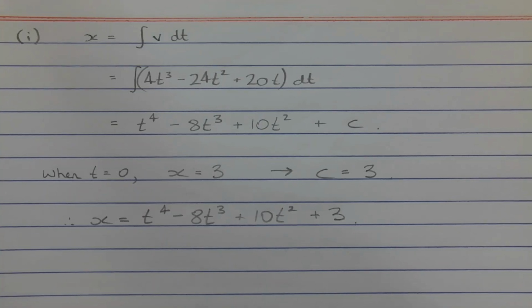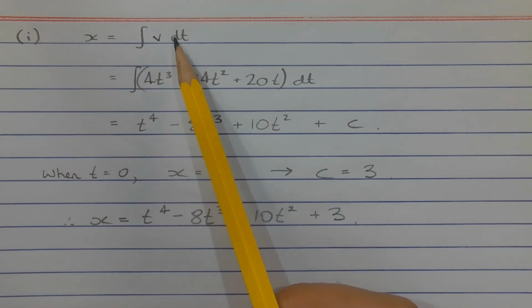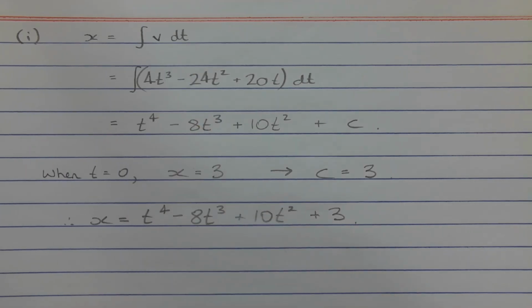To find an expression for the displacement or the position of the pen, which is represented by the variable x, we integrate the expression for the velocity v with respect to t. Now v is given as 4t cubed minus 24t squared plus 20t. So integrating this expression with respect to t, we get x equals t to the power of 4 minus 8t cubed plus 10t squared plus the constant of integration c, which we'll need to find using an initial condition or